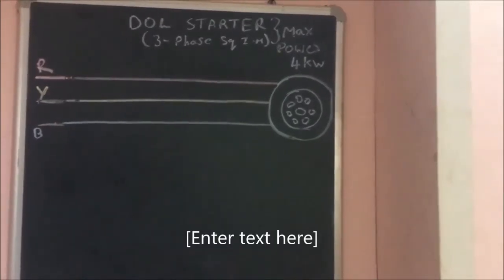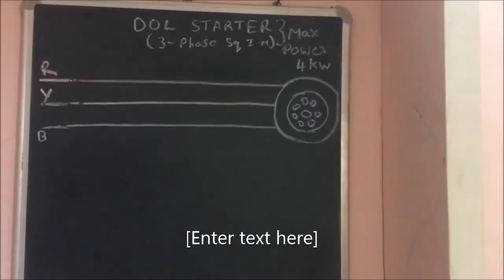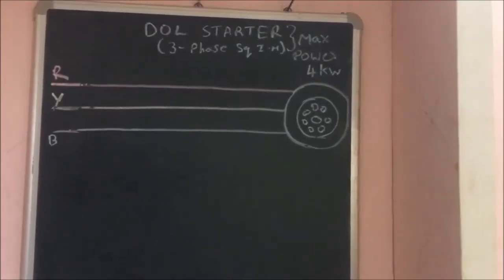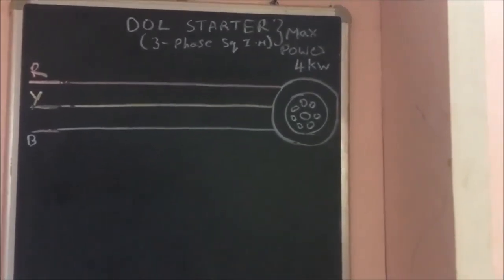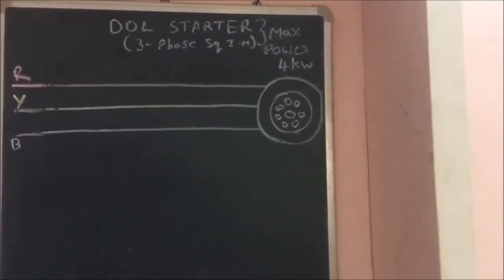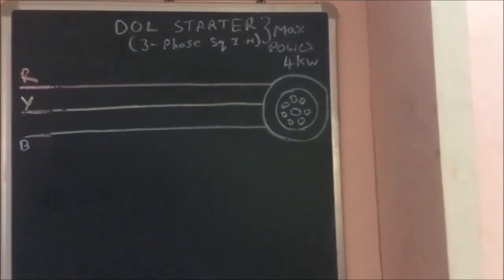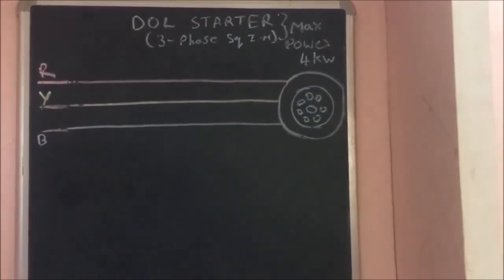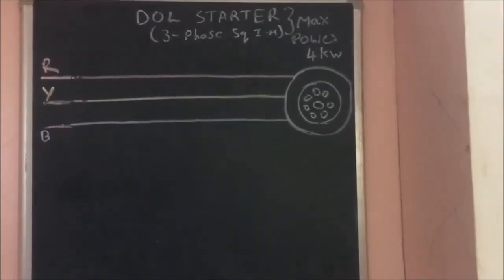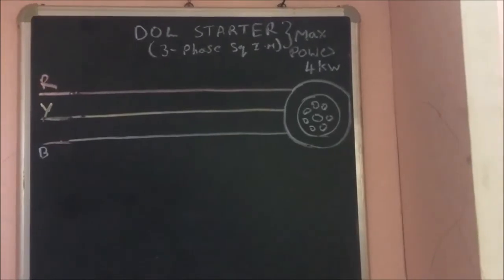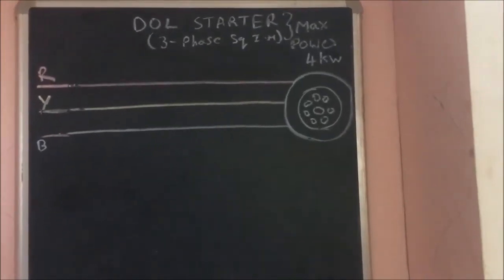Students, in this class we are going to see about the direct online starter by drawing as well as understanding the concept. Normally the direct online starter is used for a three-phase squirrel cage induction motor of low power rating, up to 4 kilowatts. Why? Because at the starting time the back EMF is 0, therefore the starting current is 25 times the rated current,